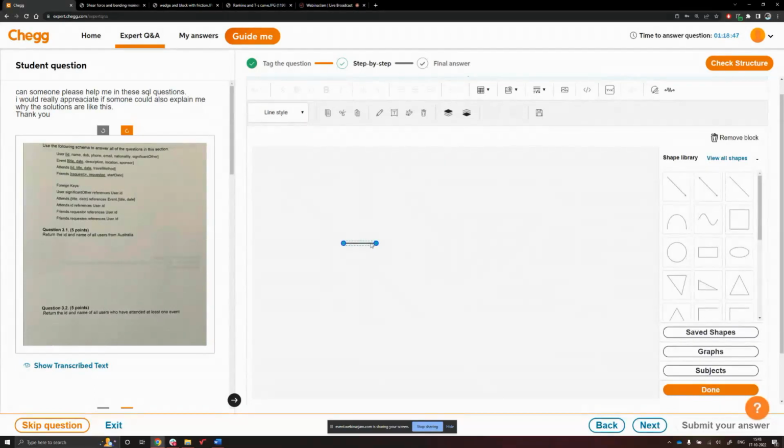To draw an equidistant line, first draw a horizontal line like this, then copy paste it, make it small, draw a vertical line, move it here. Make sure that the vertical line is at the center of the horizontal line. Select them both using the shift key and click on group. After you group them, make sure that the horizontal line coincides with the horizontal line present at the top. Then you select these two, then copy paste.